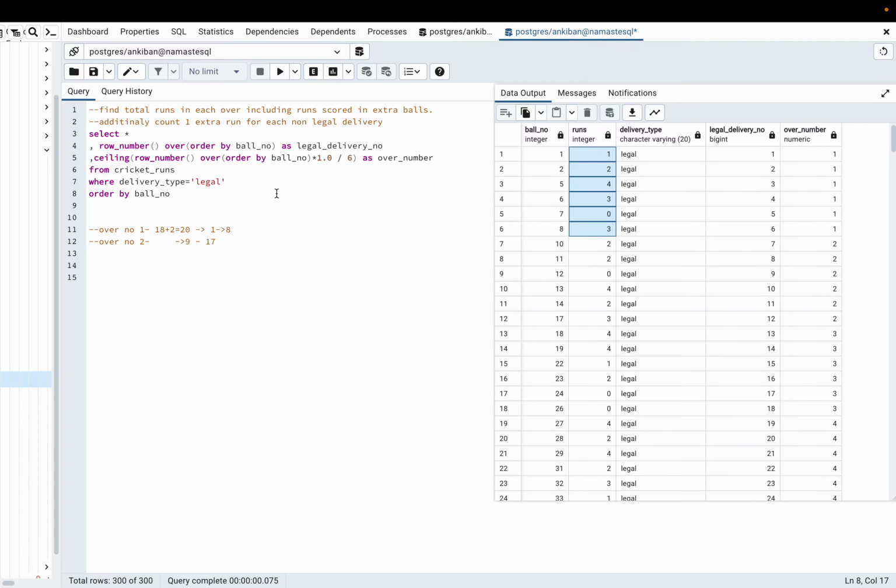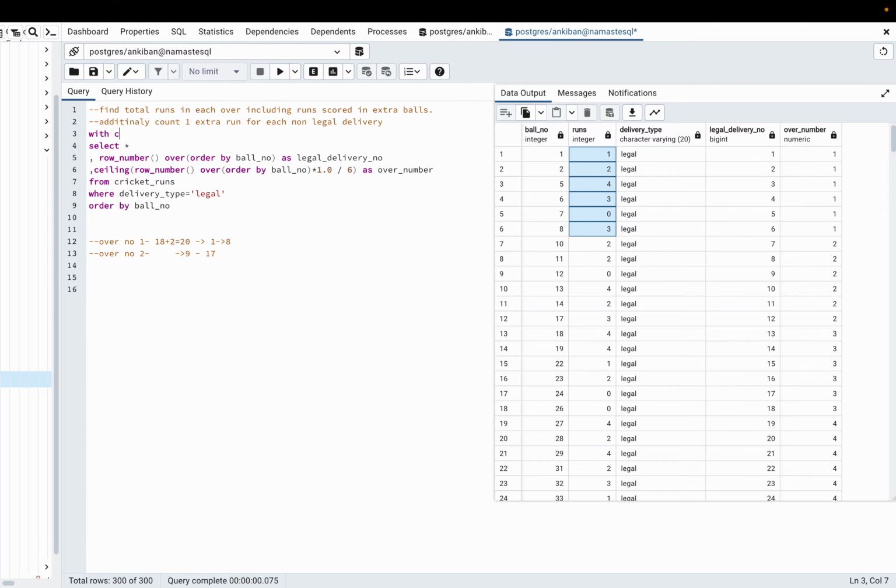So let's proceed. I will say, let's call it this, with CTE, and select over number, sum of runs as legal runs.